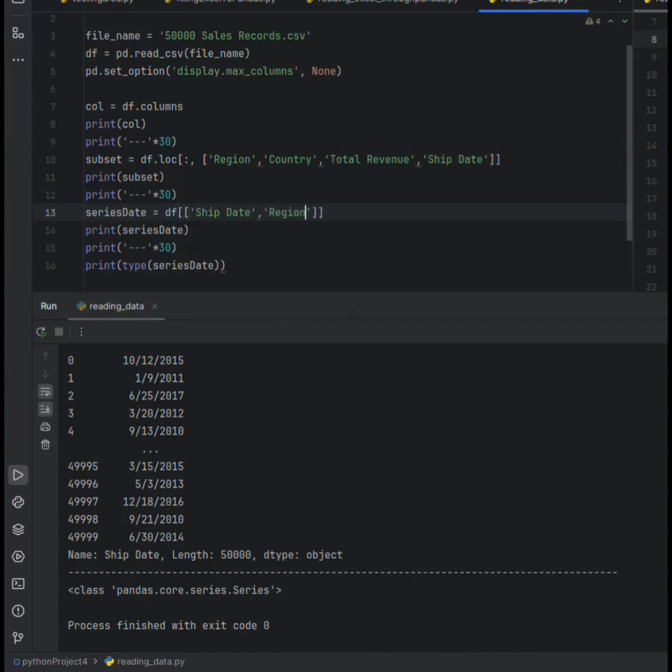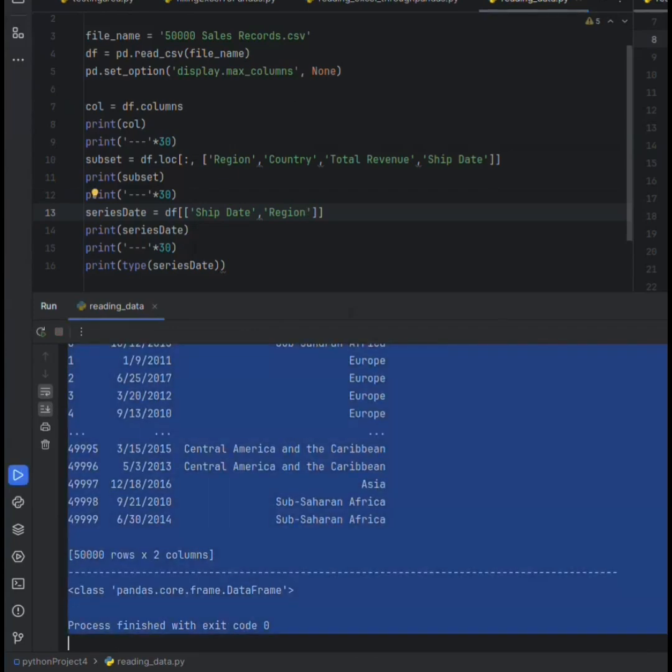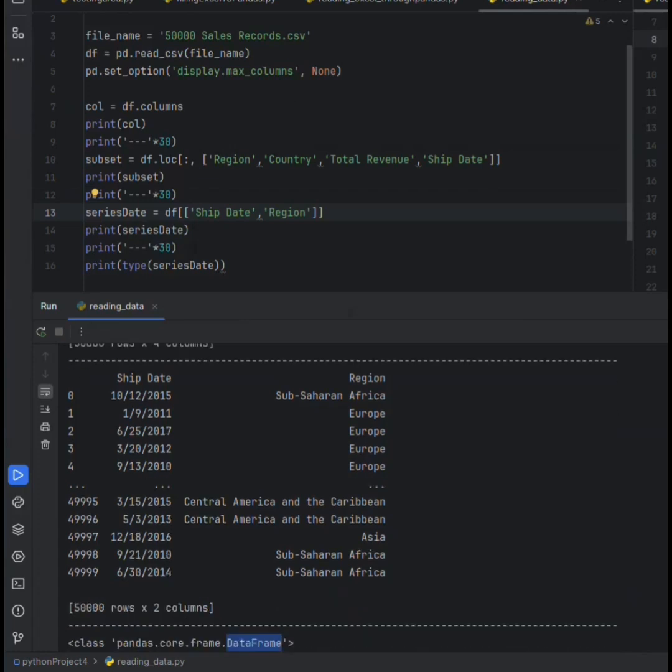But with double brackets, the data type is data frame, and we can show as many columns as we want. However many columns there are in the data, we can show all of them by writing the